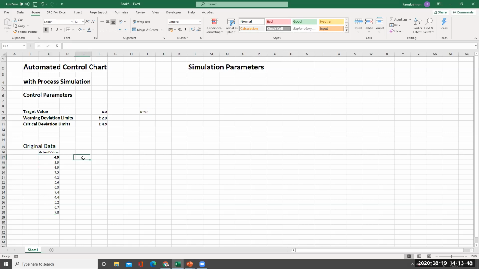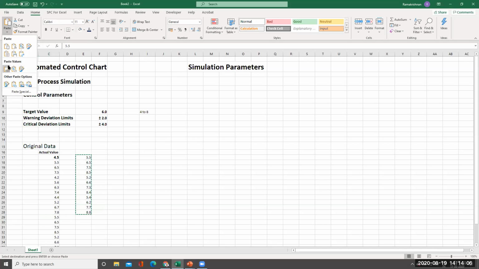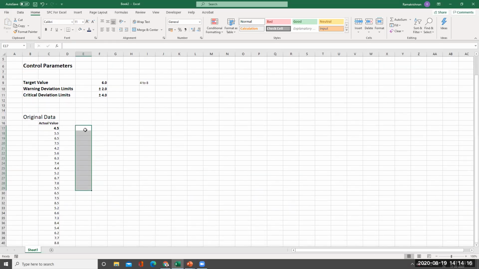I'll just put equal to this plus 1. Simply just like that. I'll just copy it, Control C. I'll put paste values. Okay. Right. This I'll remove it now. So I have taken a sample data. How many data is there? I'll just put 1, 2, 3. 1, 2. I'll just add here. So 20 data are there.